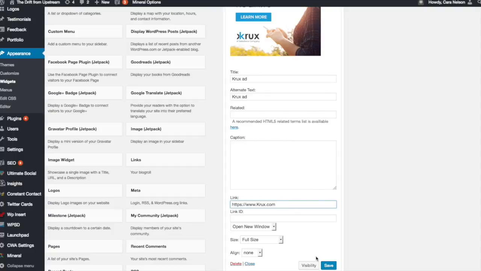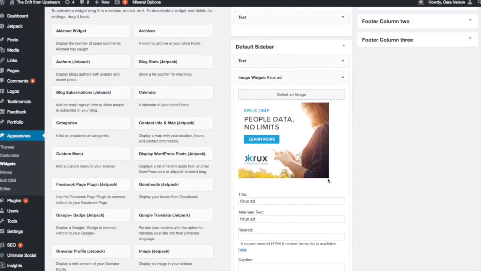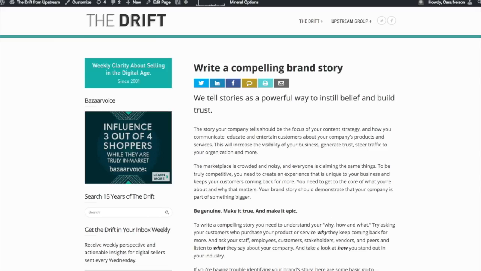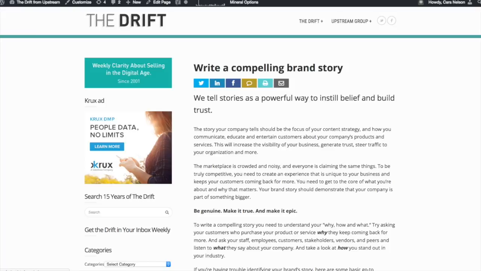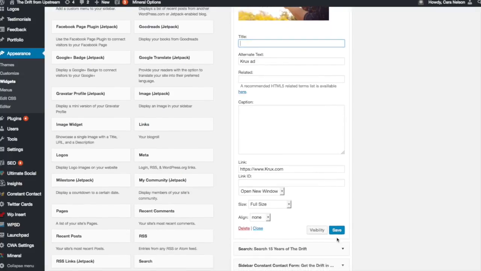So I'm going to click Save, got the image in there, and then we're going to go over to the actual website and I'm going to refresh it and see if we did this right. And we did. But this crux ad word shouldn't be there. It does populate very commonly, so I want you to make sure that you go in and you delete the title. So if I delete the title and I save this again,